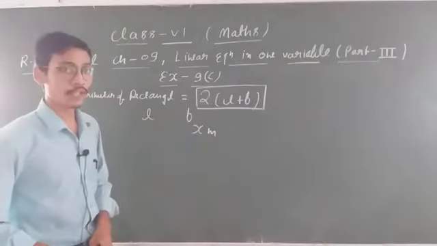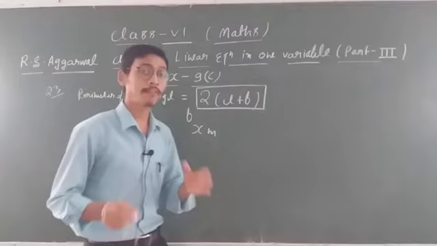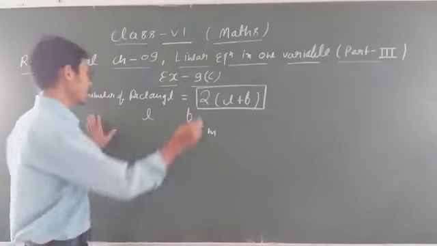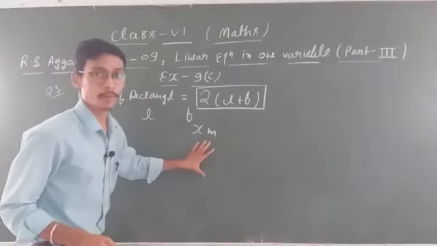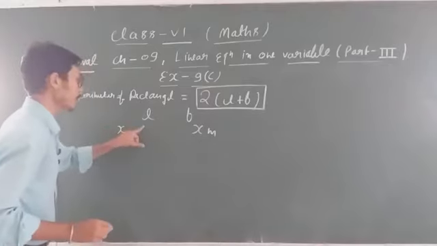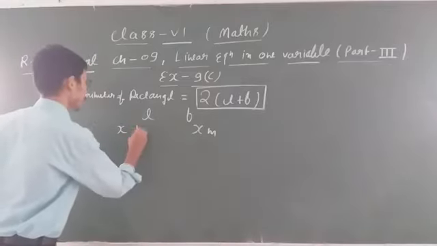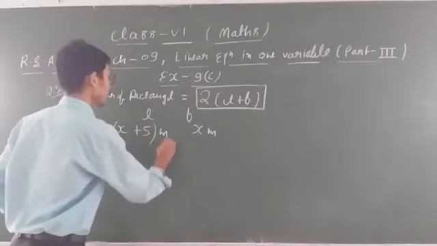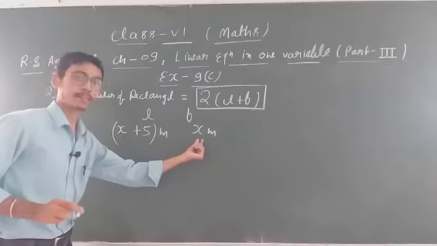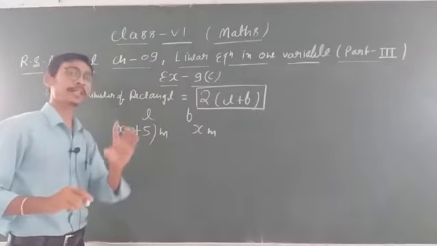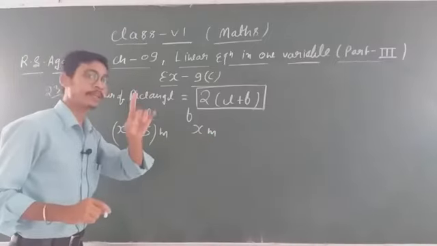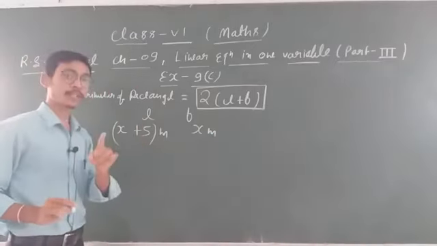Now what is length, student? Length is 5 meter more than breadth. 5 meter more means plus 5. Clear? 5 meter less means minus 5. So length is 5 meter more than its breadth. So x is breadth, and length is 5 meter more, so x plus 5 meter. Is that clear, student? Again, see carefully. Here I am taking breadth as x because I don't know about length and breadth. But one thing I know, that length is 5 meter more than its breadth. So whatever you take, you will add 5, because length is 5 meter more than its breadth.